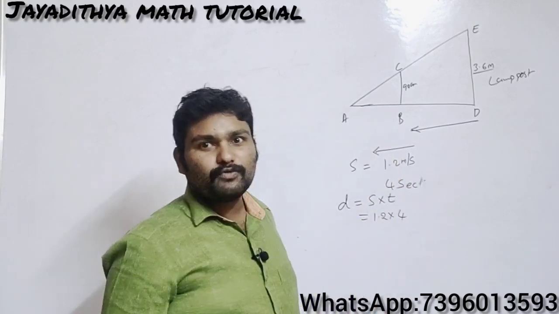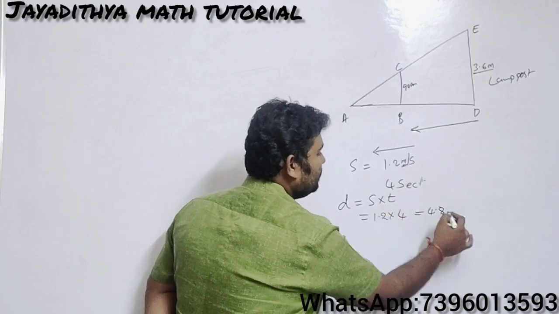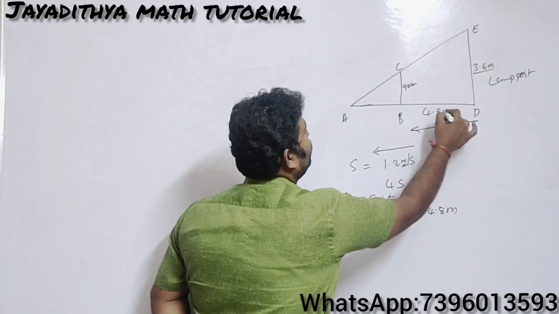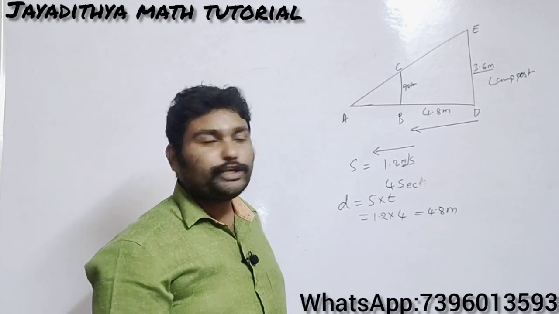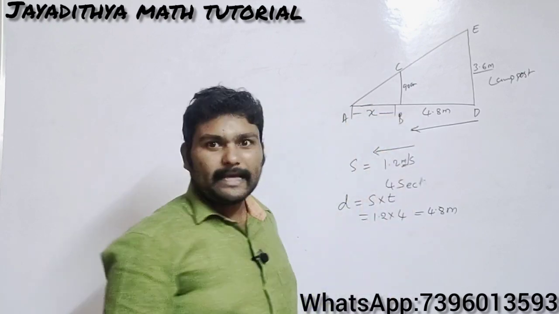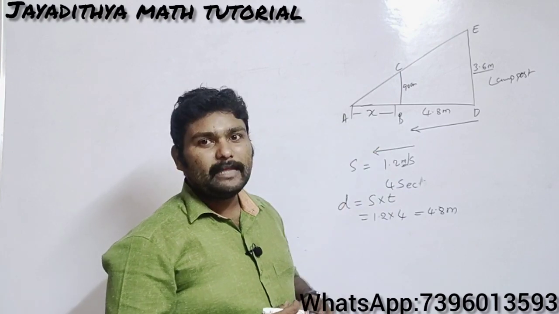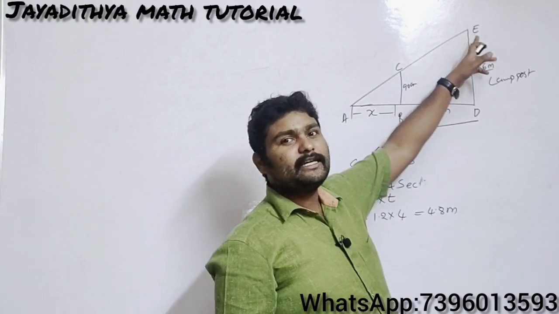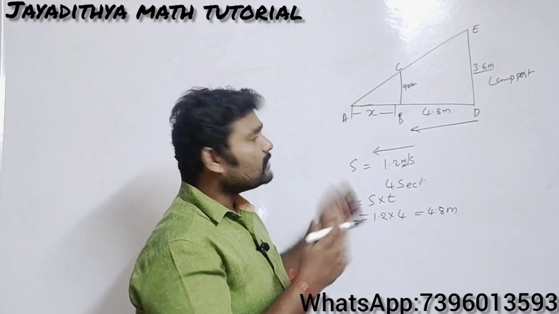So in 4 seconds she has walked from D to B here. How much will that be? 4.8, and the units are meters. So this value becomes 4.8 meters. And what do you need to find here? You need to find the length of the shadow. So I am taking AB as X. You should find X here, that is the length of the shadow. Obviously, if the lamppost is here, the shadow will be on this side only, no? So you should understand and imagine the situation there.